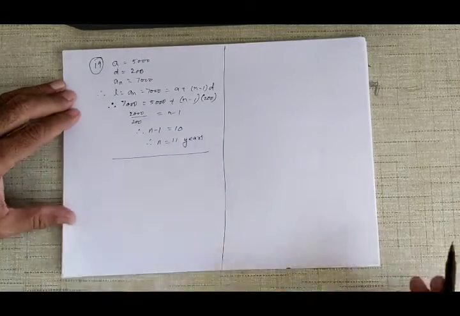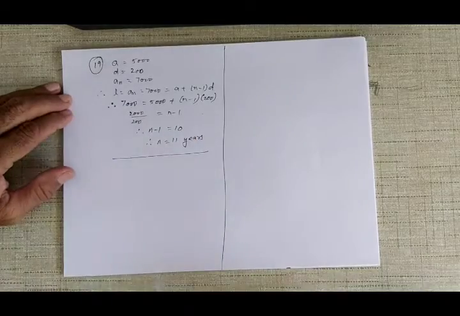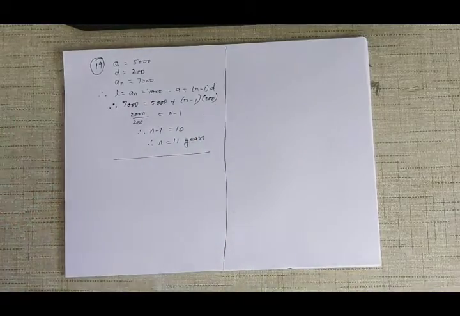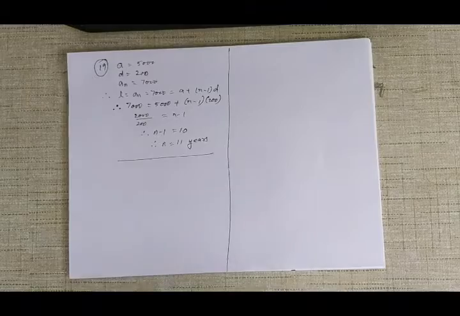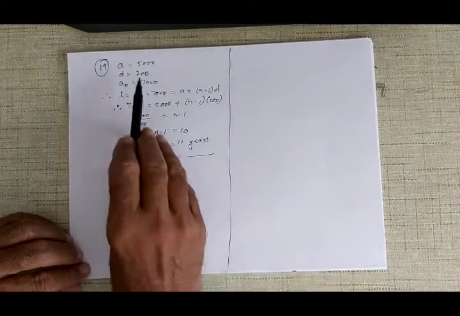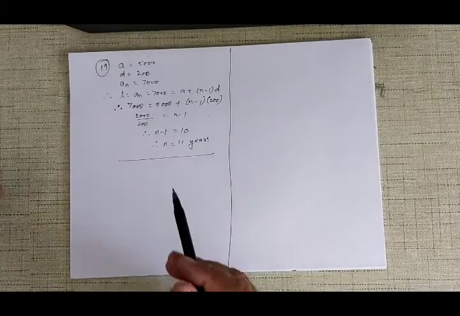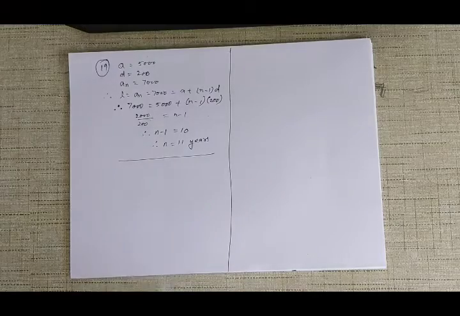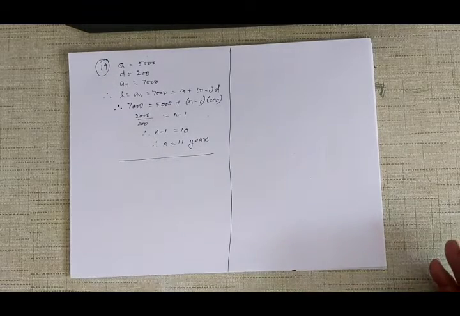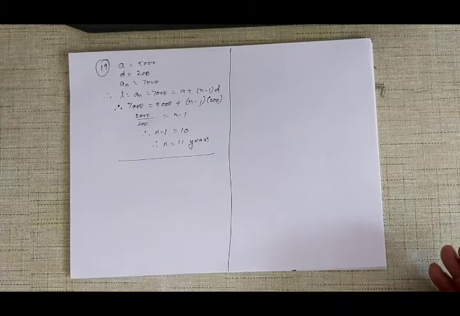मतलब 11 years के बाद. उसकी स्टार्टिंग सैलरी कितनी थी? 5,000 रुपीज़. अब उसको हर साल 200 रुपये इंक्रीज होता है, तो उसका सैलरी 7,000. When will he get 7,000? After 11 years of working, the poor fellow's salary becomes 7,000. Sometimes it is just injustice. Anyway, that was number 19.